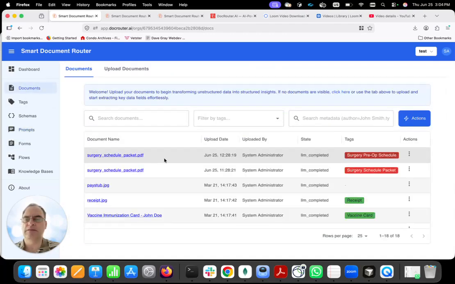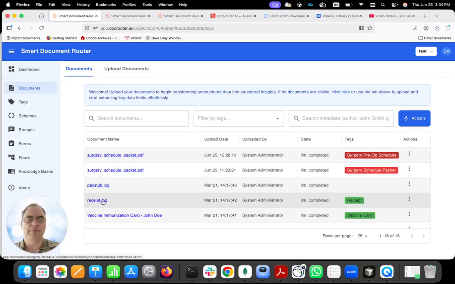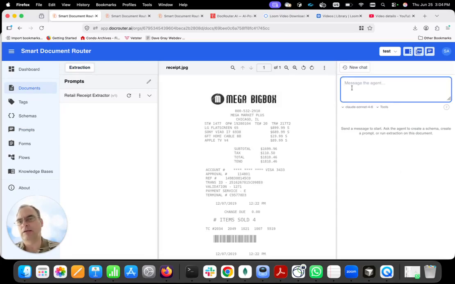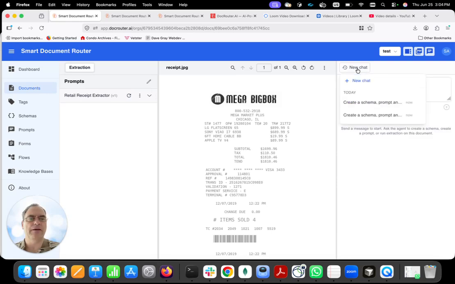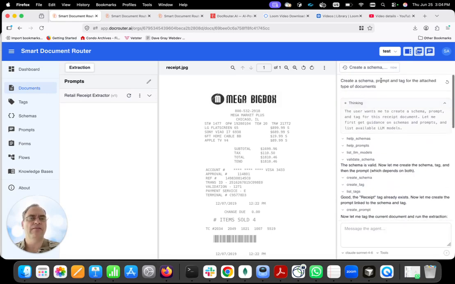Obviously, it's a bit complicated to get it perfect, but there's actually a better way to do this configuration because we have this document agent. So instead of manually configuring the tag, the schema, and the prompt, I can make it a lot simpler by just entering my request here in the agent to create a schema, prompt, and tag for the attached type of documents. In the next video, I'm going to show you how this prompt actually runs, but for a sneak preview,